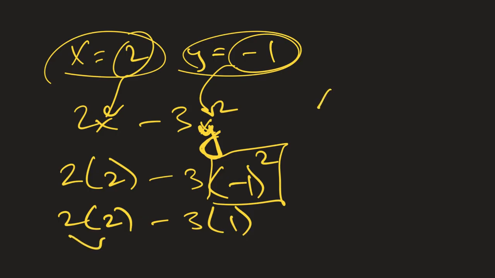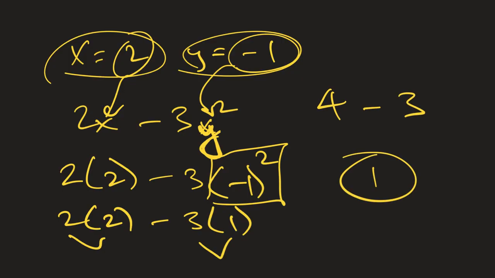2 times 2 is 4. 3 times 1 is 3. And 4 minus 3, final answer of 1. We have evaluated this for these values of 2 and negative 1 respectively, and it simplifies to a positive 1. So just a little bit of a refresh over the topics that we covered this unit,